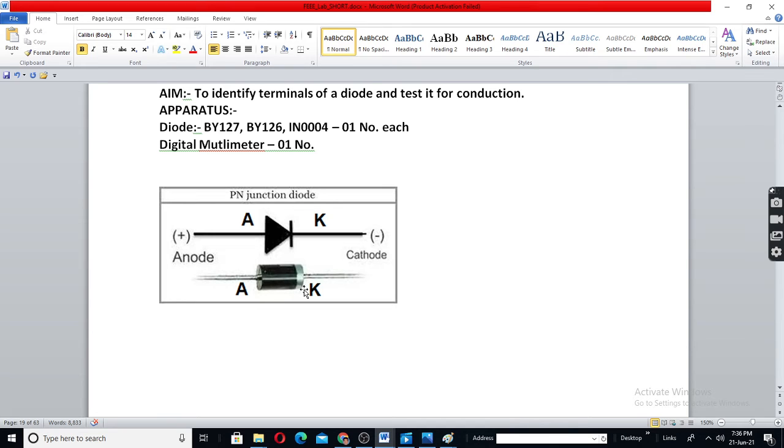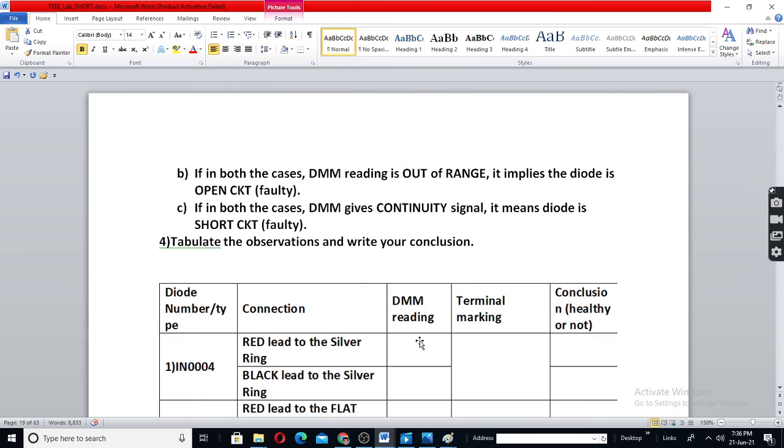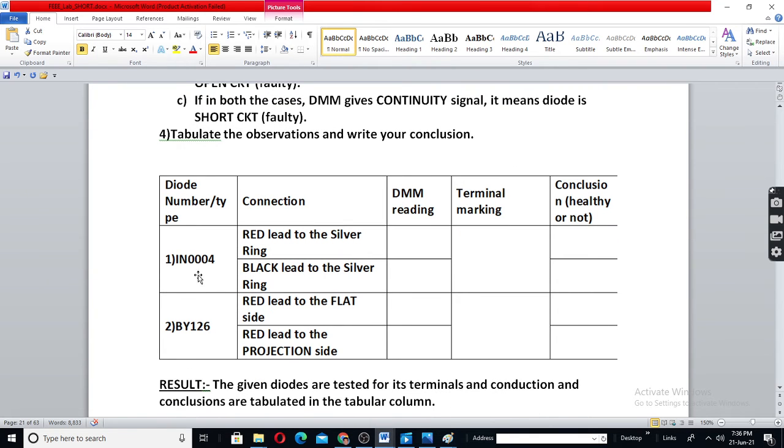Both are flat, but here silver, black. So let us say this one is IN0004. This is IN0004 package.